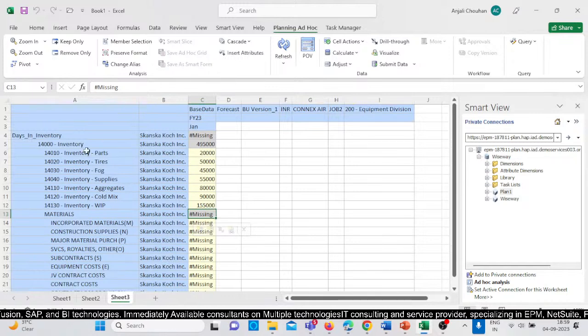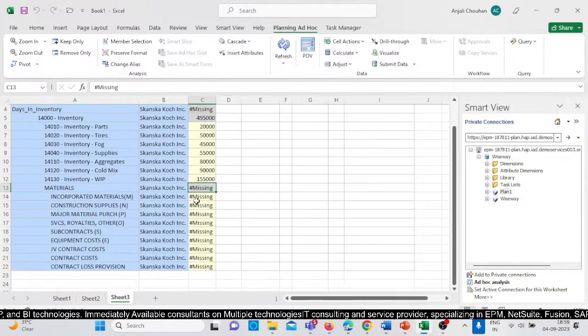So 4,95,000 is my total inventory, and my material will be